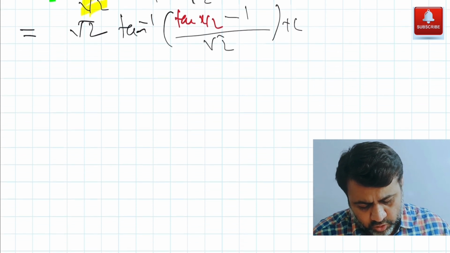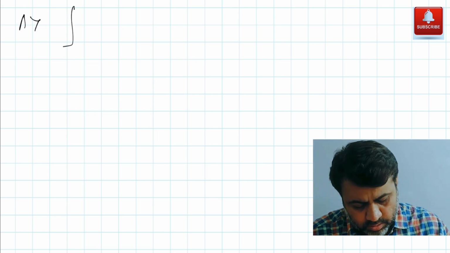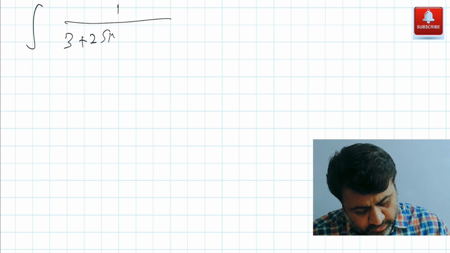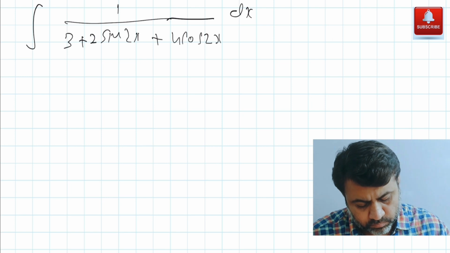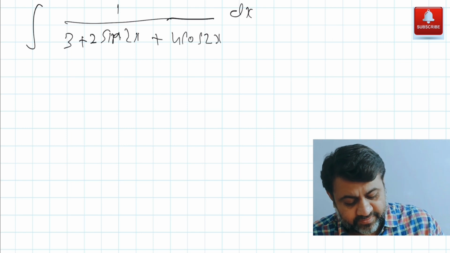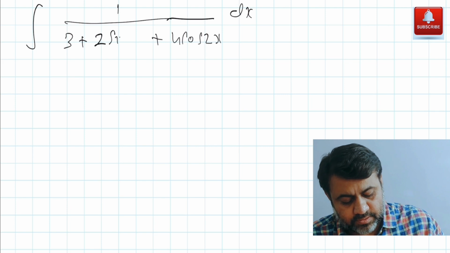But in the next question I am just going to make a little small change here. Instead of sin x and cos x, my next question, question number 3 in this series basically. Okay, the next question, just write it again. The next question will have 1 by 3 plus 2 sin 2x plus 4 cos 2x. That's my next question. So instead of sin x and cos x, now we have sin 2x. My writing is bad, let me write it again. 2 times sin 2x.